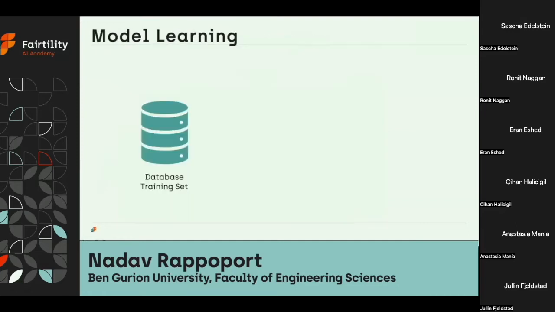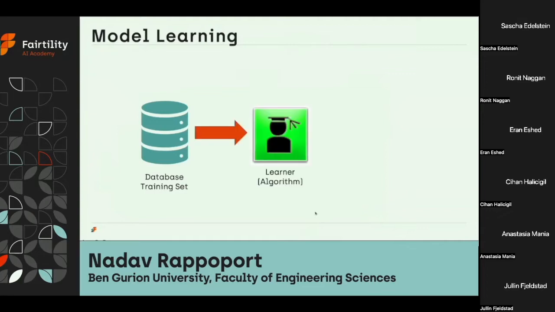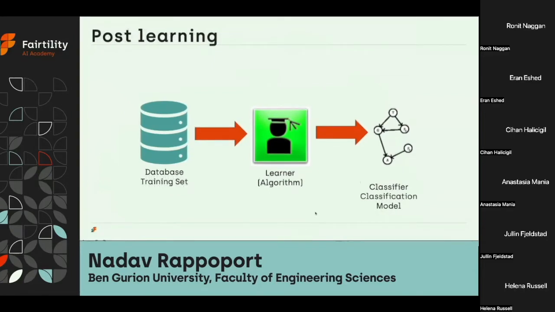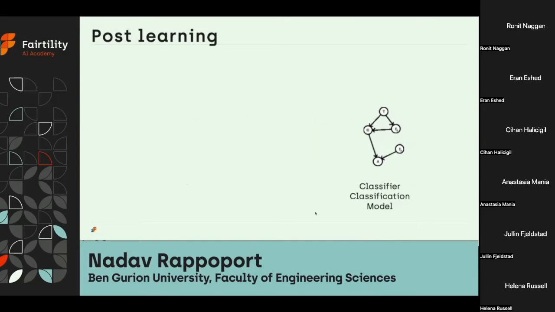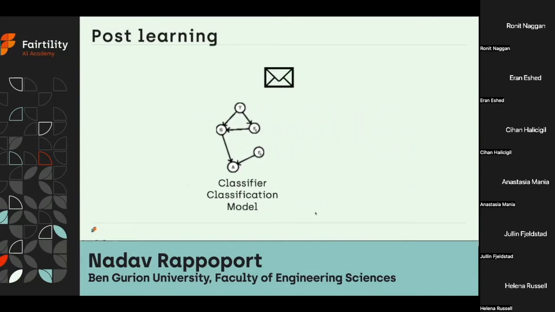Here is an illustration of the learning process. We have a collection of samples which can be used to train the model. The algorithm gets the data and outputs a classification model. Now that the model was trained, we want to use it as a predictor. When we get a new sample, so an email and its properties, we want to ask the model to classify it to one of the 2 classes. If the model thinks it's spam, then our mailing service will put it in the spam folder. Otherwise, it will put it in our inbox.